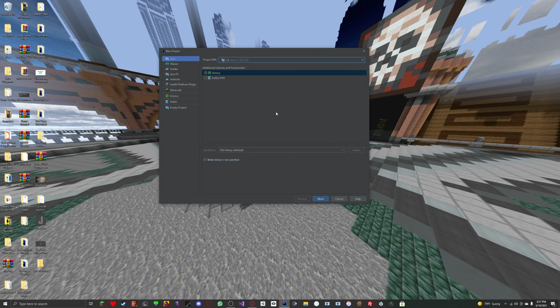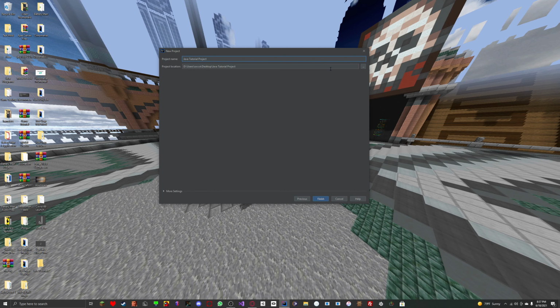So once you've got that selected, make sure both of these, Groovy and Kotlin, are not selected. Kotlin's a different language. You don't have to worry about anything down in this third box, just press next. Then you can press next again, make sure you haven't clicked anything up here. And then you just want to name your project. I'm going to name my project Java Tutorial